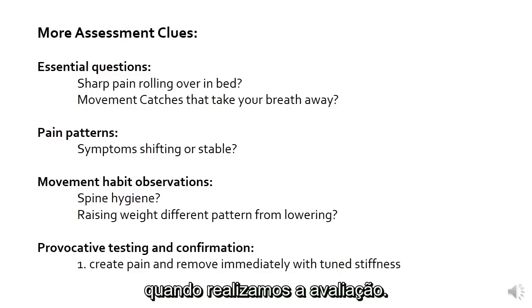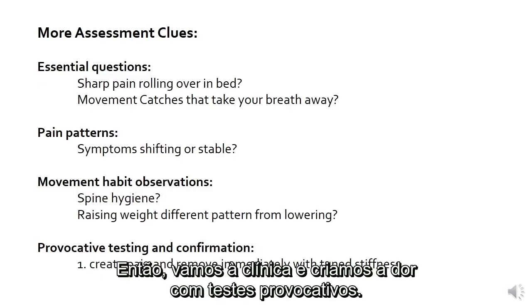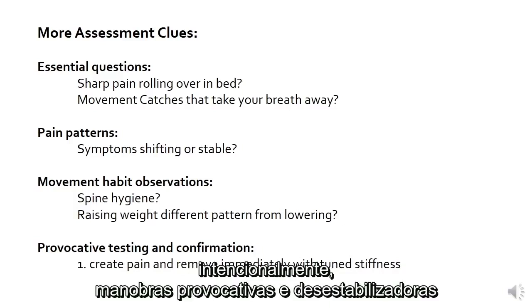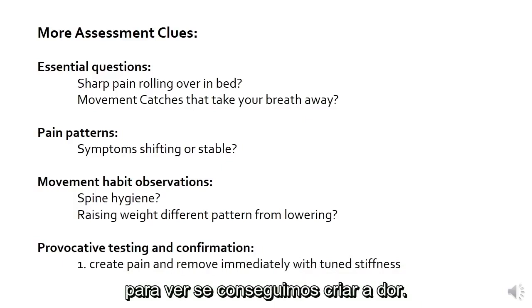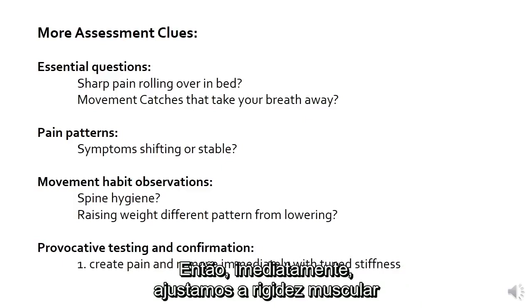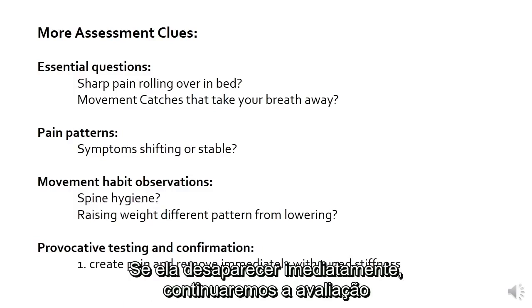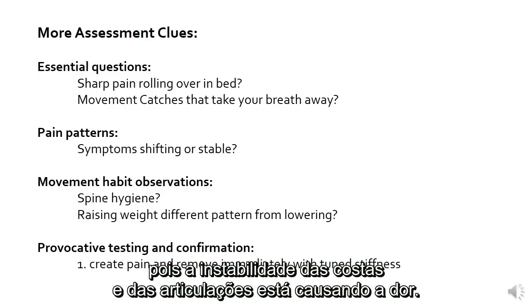when we're going through the assessment. And then we go into the clinic and we create their pain with provocative testing. We perform intentionally provocative and destabilizing maneuvers to see if we can create their pain. And then immediately we tune their muscle stiffness to see if the pain goes away. If it goes away immediately, we will stay with our assessment that spine instability and joint instability is leading to